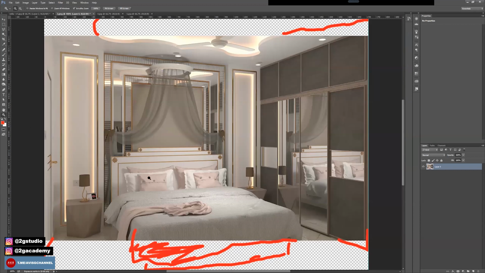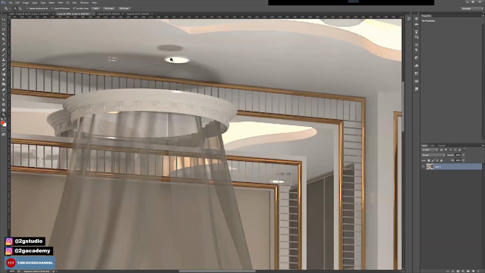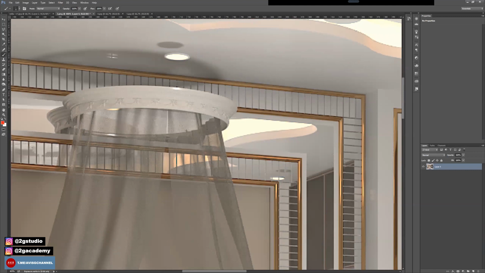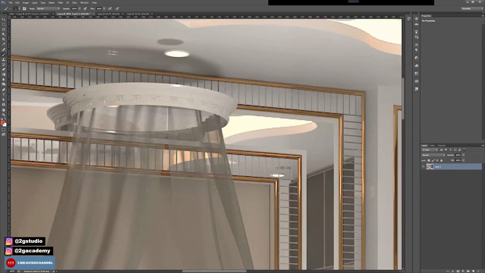Okay, and then the things that you need to improve, the downlight. Your downlight is actually flying because I can see there's a shadow here. You did not put good attention on the snapping. You need to snap this downlight to your ceiling. Okay, the other thing is this one is flying, because it looks flying to me. Probably you need a wire to the ceiling to make it look